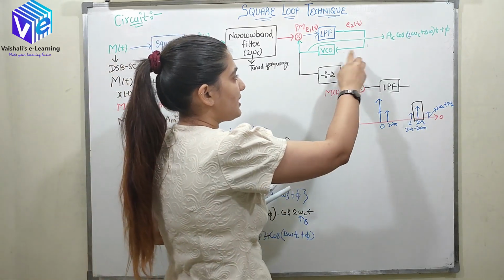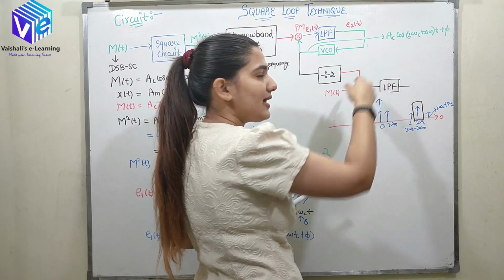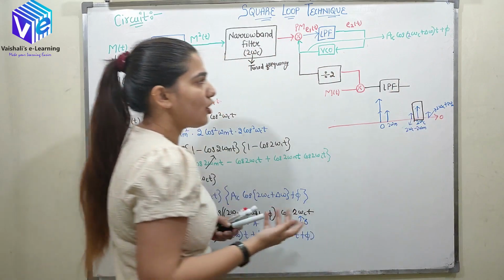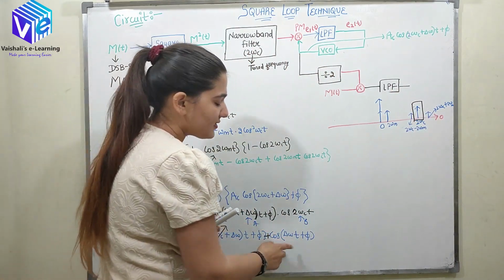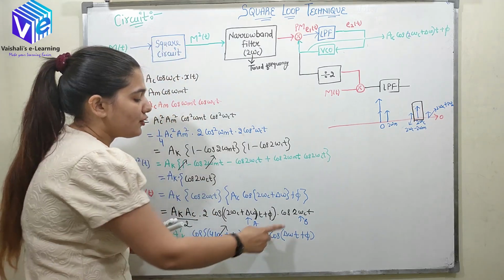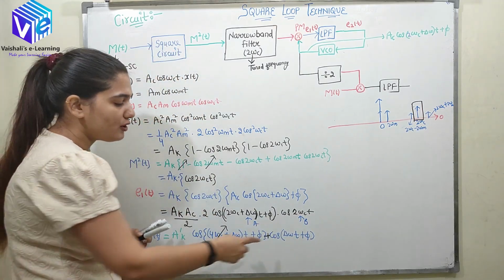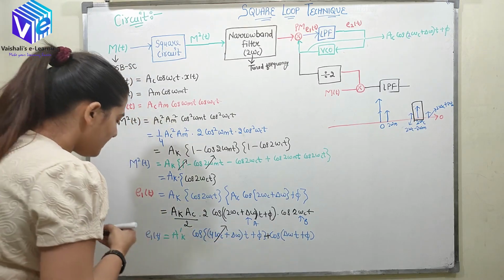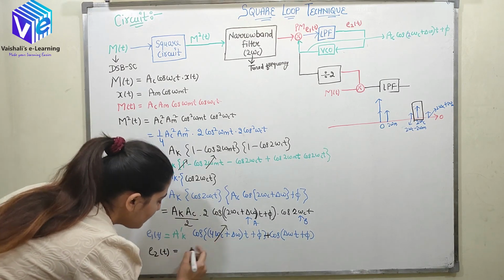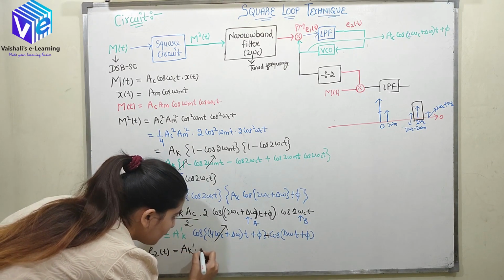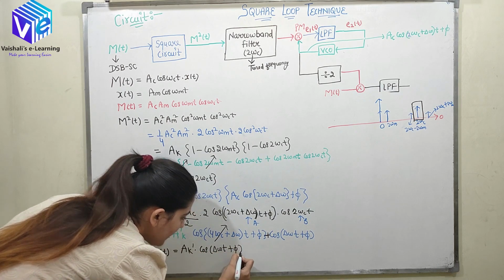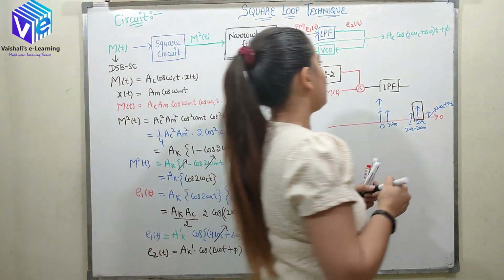But due to some constraints, it is not possible to generate the exact signal. So now I try to keep delta omega as small as possible. So now you can see delta omega is as small as possible, and phi is also small. So now this term will be very small, so it represents a low frequency signal. So I can say E2t would be this signal only: AK dash into cos of delta omega t plus phi. So this is my E2t.